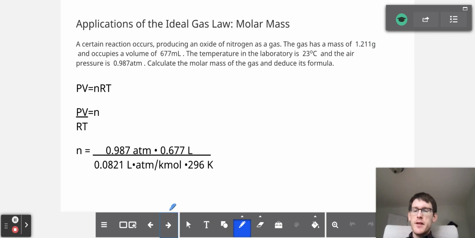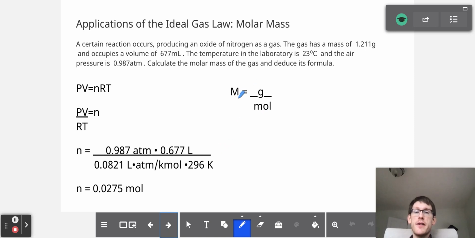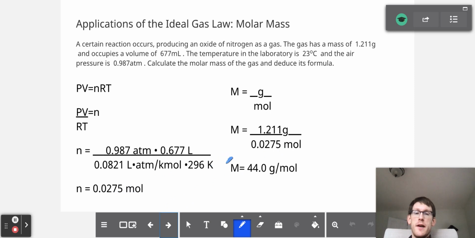So we substitute all the variables and constants in, and we find out that we have 0.0275 moles of this nitrogen oxide. From here, we can say that the molar mass of this gas is equal to the mass of it divided by the moles, and we know that we have 1.211 grams of it that we're dividing by the moles that we just figured out, and from there, we can say that the molar mass is equal to 44.0